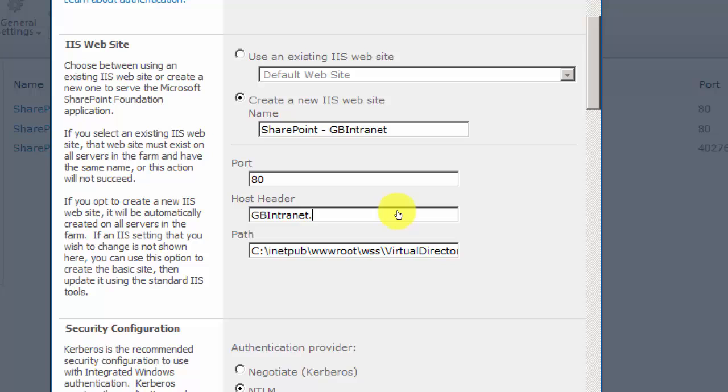We're going to put a GB intranet, which is a website that's going to be opening independently when we put our shptdomain.local address here. The only purpose of host header is that you can independently with this exact URL open this website which we are about to create from anywhere inside the domain. If we do not put that, then it will have to be the server name itself, which in my case is server 2 or server 3. But when we put the host header, it's going to give it a unique address to reach or open this